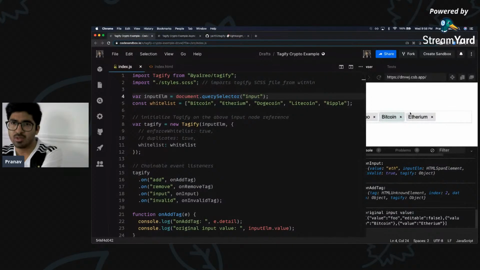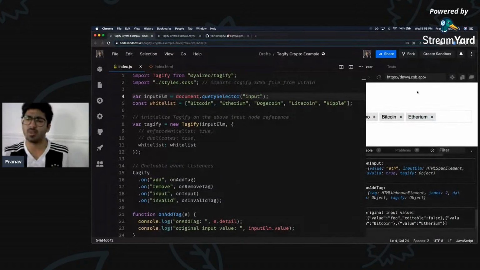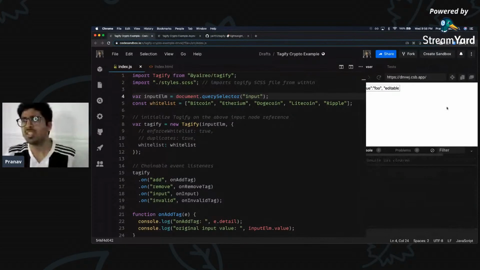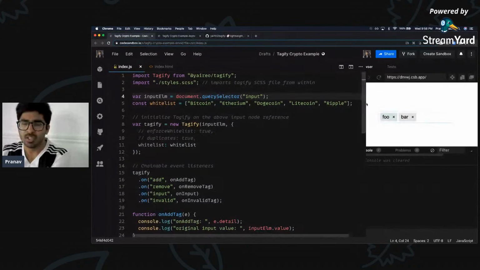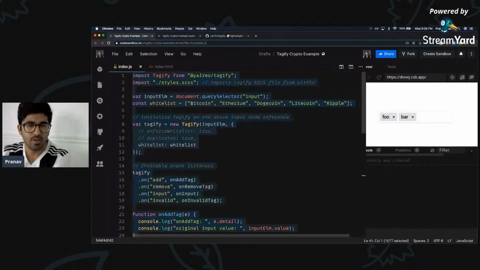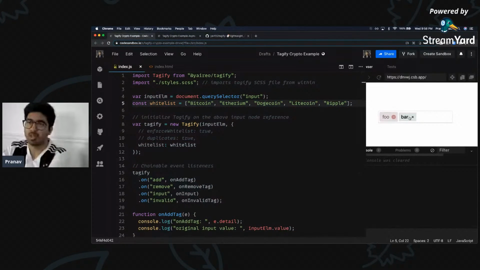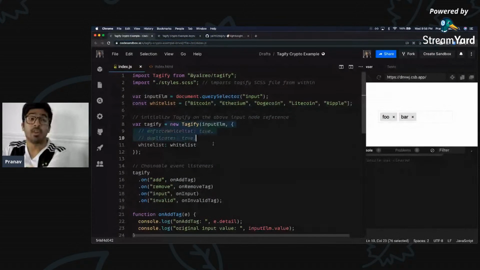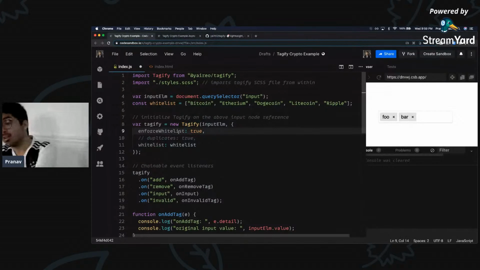But as you can see here, we still have some other values. For example, if I refresh, you see there are some values like foo and bar, and they're being accepted, right? And we don't want that. We just want the values in our whitelist, like Bitcoin, Ethereum, Dogecoin, Litecoin, to be accepted in our input box. So how can we do that? It's very simple. When we create a new Tagify element, we pass the whitelist, but we also need to enforce the whitelist. So if I uncomment this and refresh,